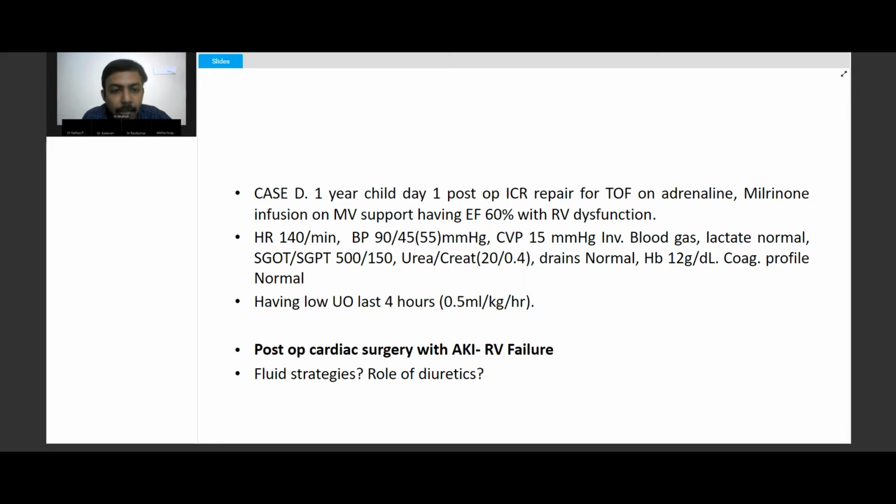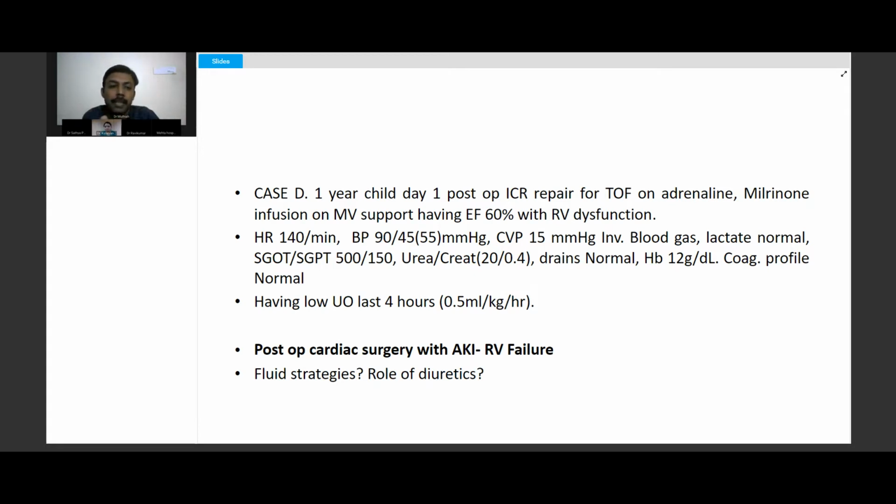The CVP is high, but in a post-RV surgery with a stiff RV, you tend to give more fluids initially to maintain the preload, and you try to maintain a higher CVP, but that is only for the first 12 to 24 hours. Because giving more fluids will cause more back pressure, more congestion. These are all congestive problems: the transaminases, the urine output coming down. So here it's predominantly giving more inotropic support and early diuretics after crossing through the first 12 to 24 hours, giving fluids and at the same time removing them simultaneously.